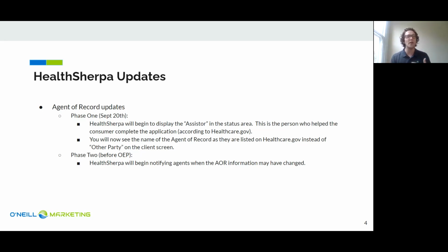Because in the past, the only way you would have really noticed is if you were being very on top of your Health Sherpa exports and renewing all the information, and then just really checking through everything, which obviously the bigger your book of business gets, the harder that becomes, definitely. When they unleash this, if another agent comes in, changes the policy, makes themselves the agent of record, the previous agent of record will start getting emails from Health Sherpa notifying you that the agent of record on these policies has been changed,